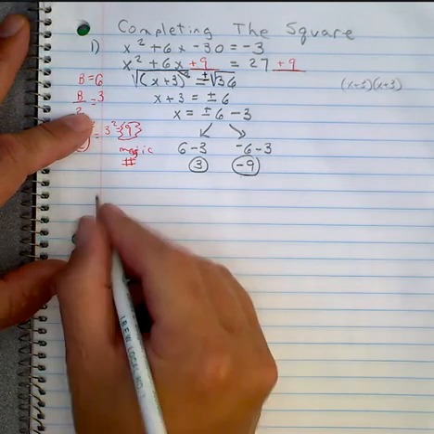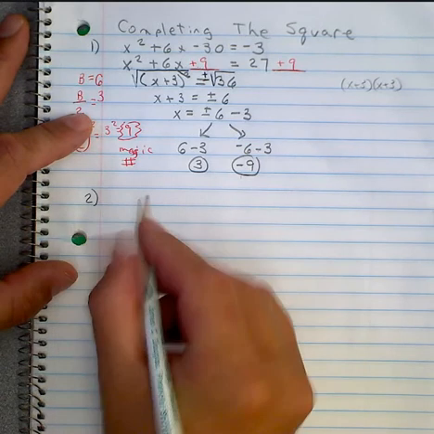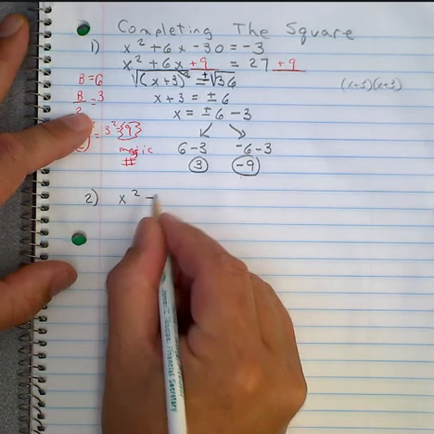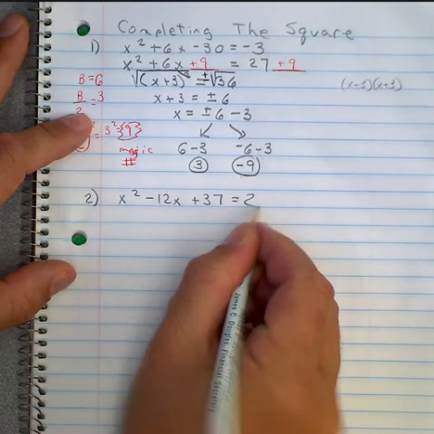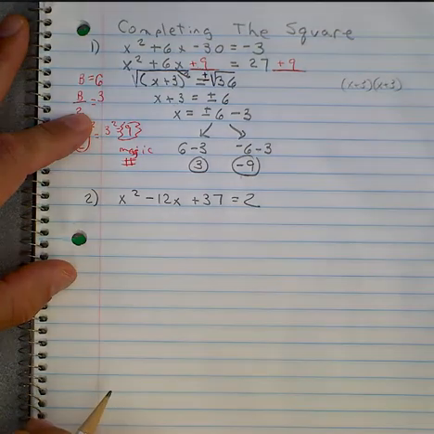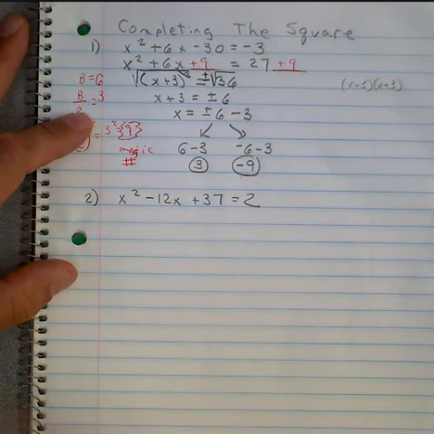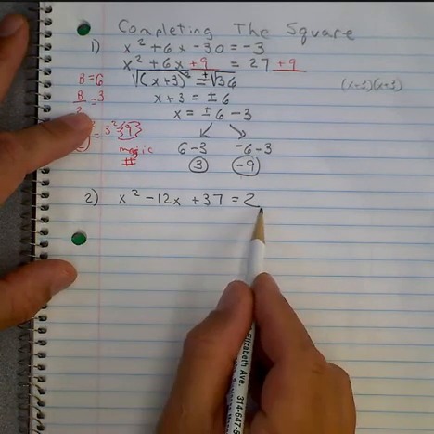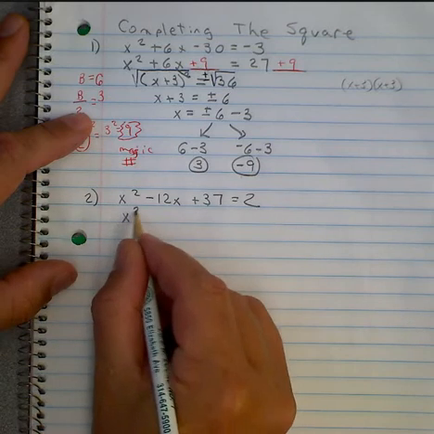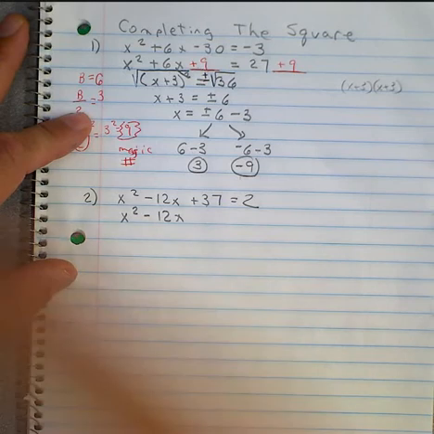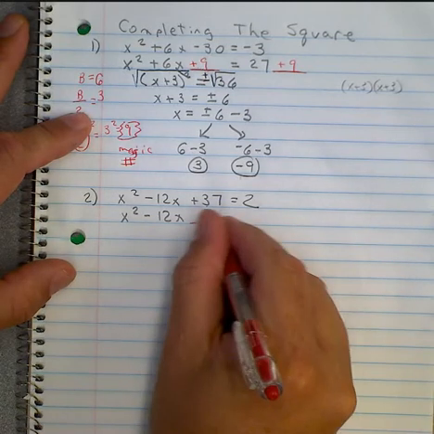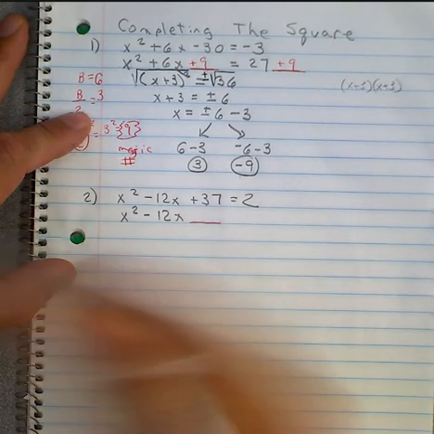Problem number 2. X squared minus 12x plus 37 equals 2. And we follow the exact same process. I'm going to put the 37 to the other side to get rid of it. That gives me x squared minus 12x, and I'll leave a blank there for what I'm going to add on, equals, let's see here